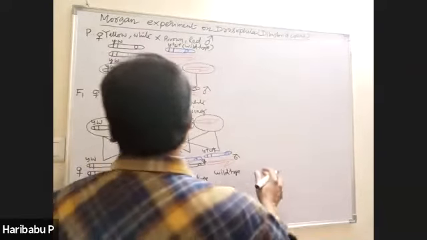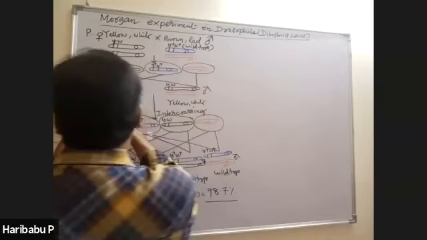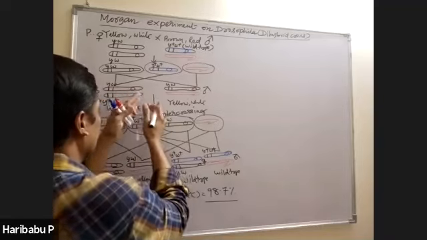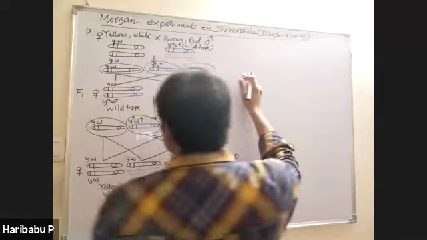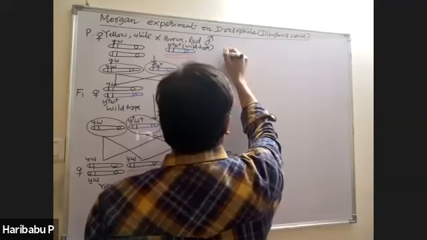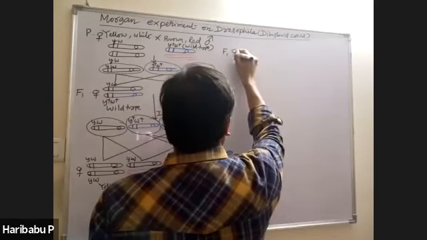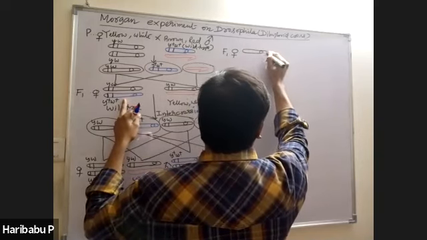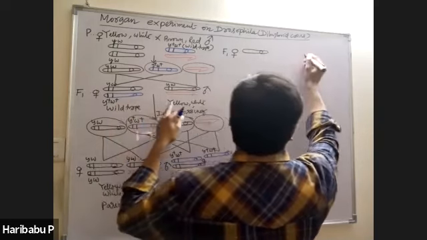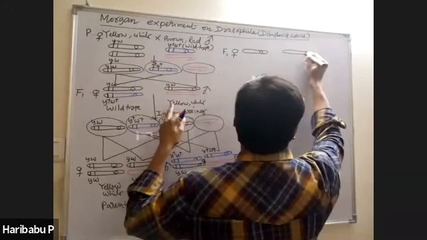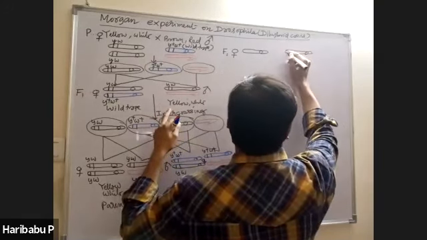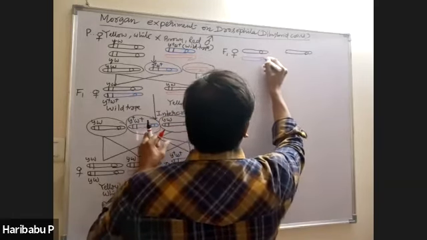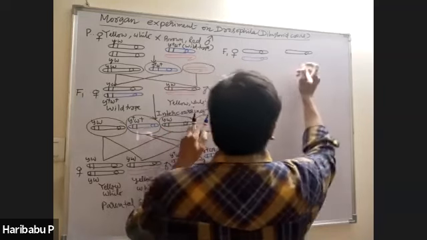Let us see now. Again, I am doing the same cross, F1 intercrossing, but here with exchange of chromatids. That is due to crossing over. F1 female, what is that F1 female? This one. Okay. It is crossed with F1 male, like this. And the second chromosome here, this one, and this is male, of course.